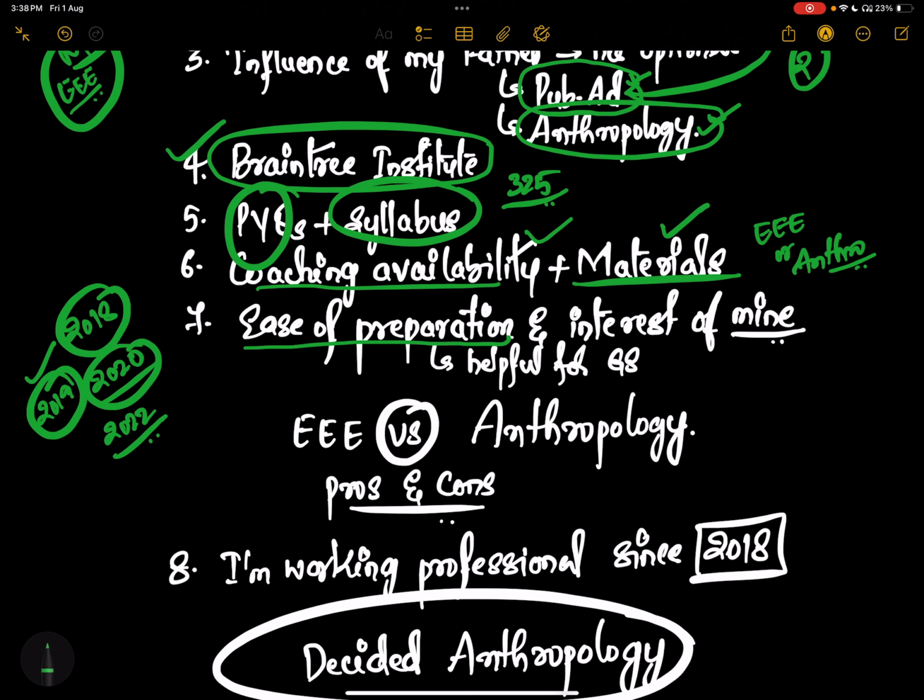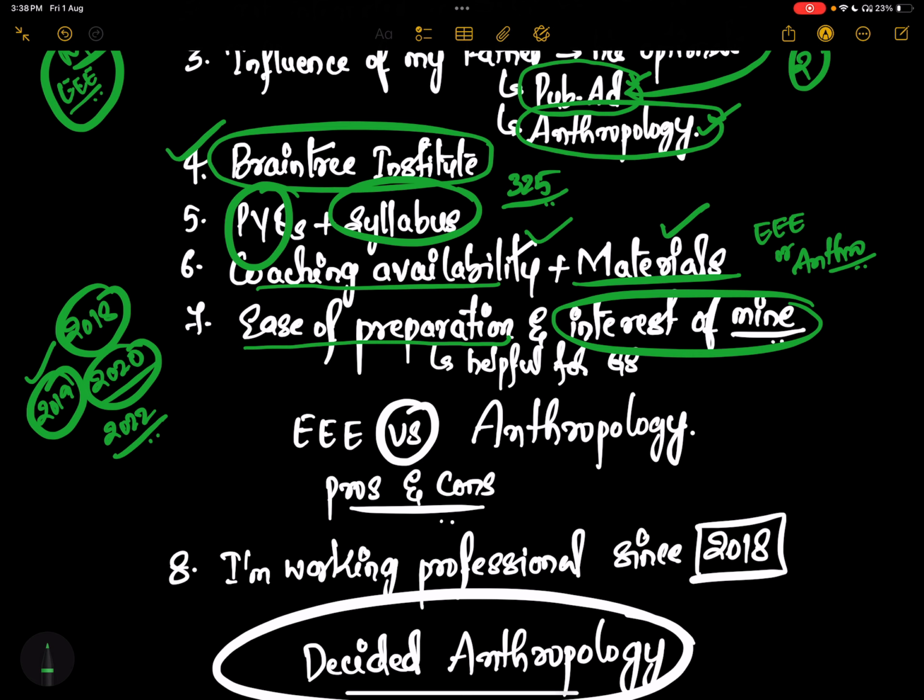So all of this, my family background and family history, I could link to anthropology. And apart from biological anthropology, I am very familiar with all the other subjects. The religion topic, Sanskritization, all these things felt very close to my life. So I've taken anthropology as my optional, and it became an interest of mine. Earlier I considered anthropology because it is a very easy optional, easy to deal with, and scoring as well. But later I understood that this is my interest. There are many topics in it related to my life.